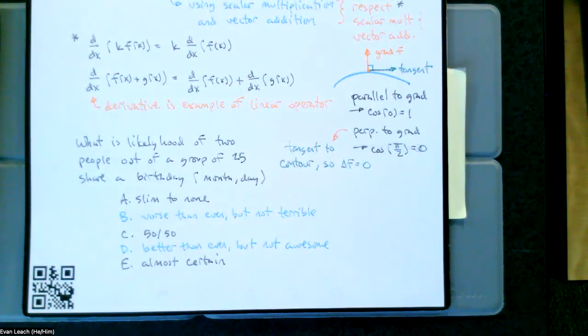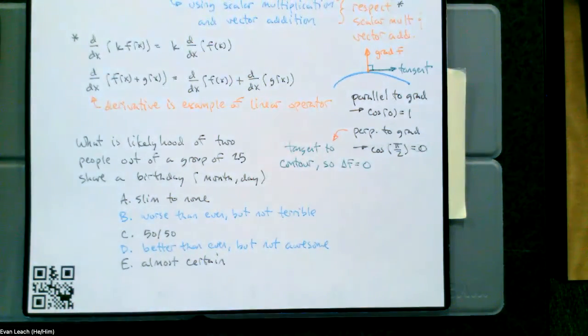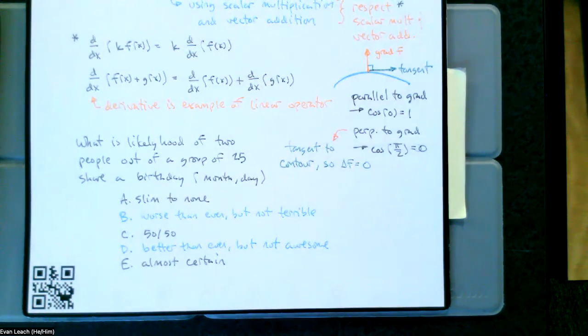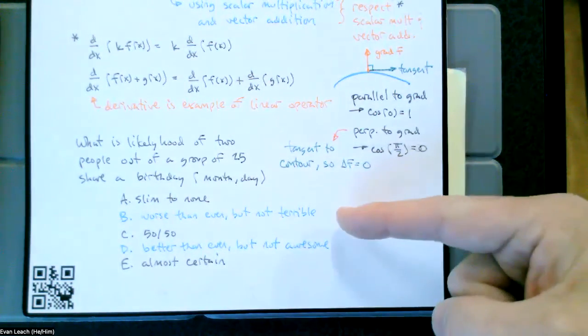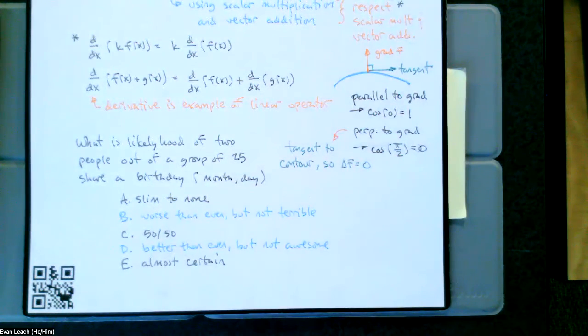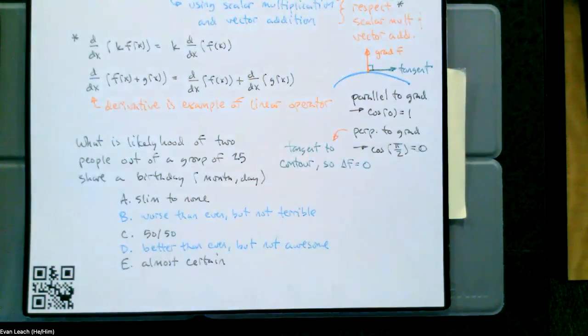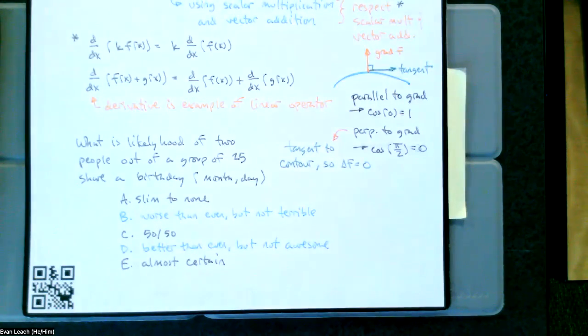55-45. Who's for almost certain? Who's putting almost certain just because maybe your instinct told you this, but Leach is asking the question, so I'm going to go with the opposite. That happens a lot. For the most part, people that pick almost certain are in that category. We got a vote online for almost certain. Everybody else went back to bed. So it turns out that the answer is